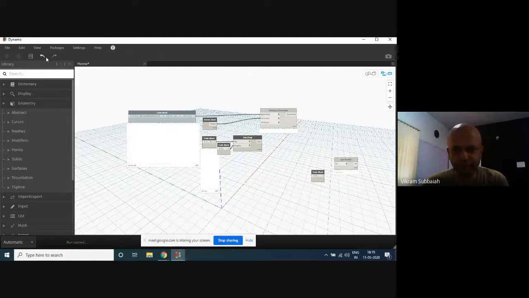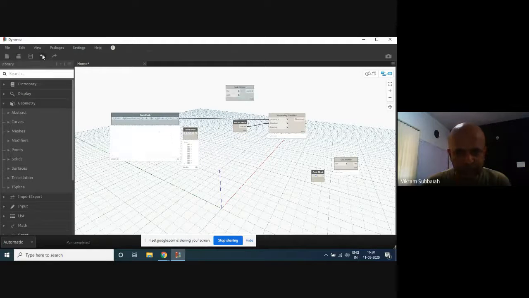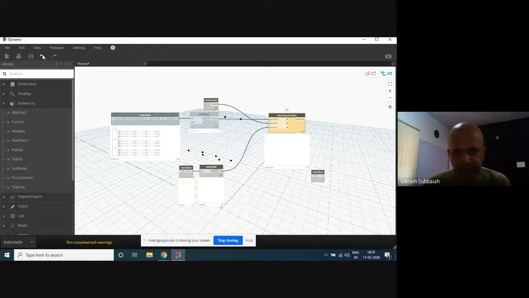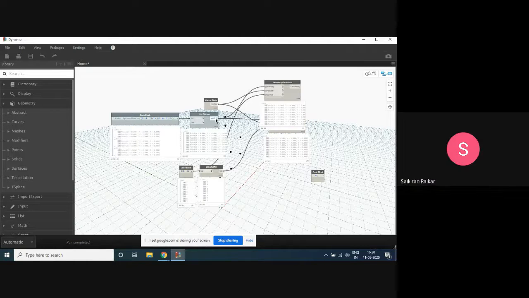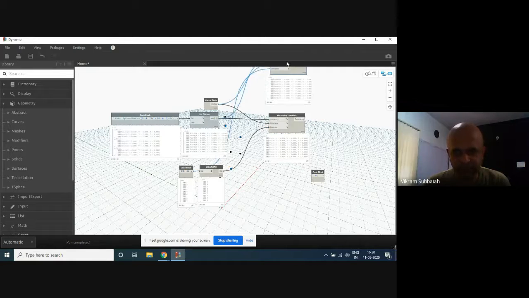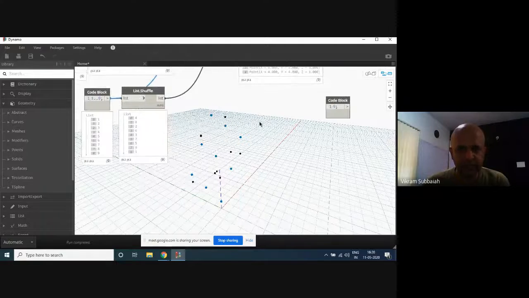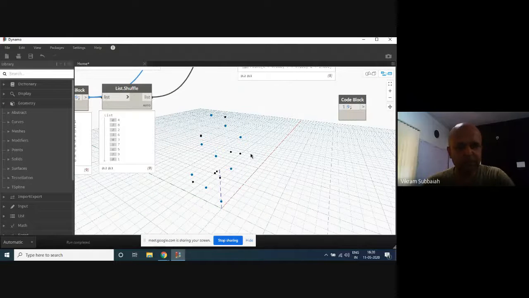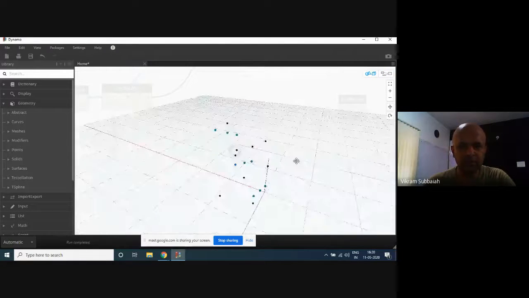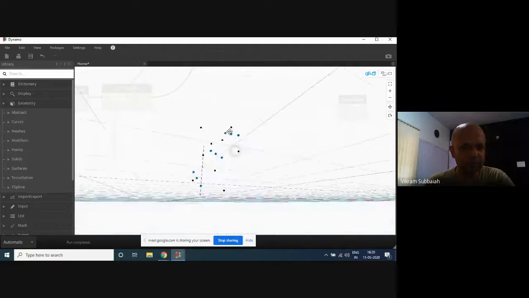The list shuffle has got nothing to do with any concept. List shuffle was only to show you how to randomize the shuffling of points. So basically, list shuffle only randomizes these points. It just randomized the way these points were elevated.